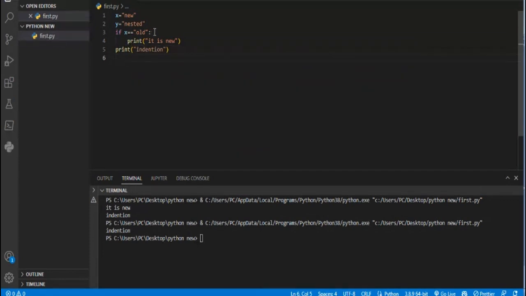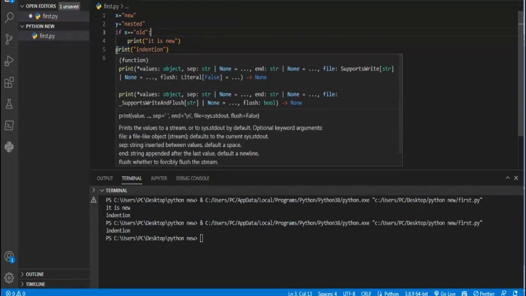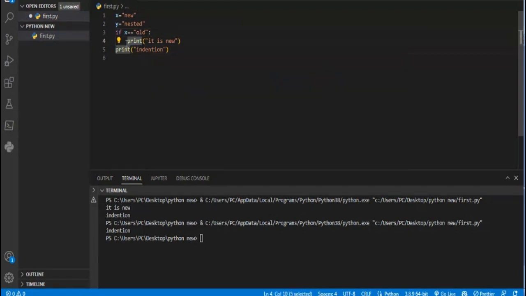Whereas if you take Java or JavaScript, you can use curly brackets like this one, because the code block you can execute under this block, like a curly block. But in Python it assumes spaces as a code block. If x is equal to odd, only this block is there. Suppose you give a space, the same indentation as this print statement,